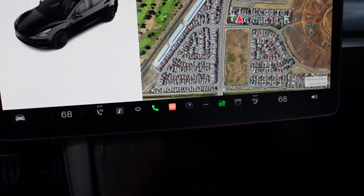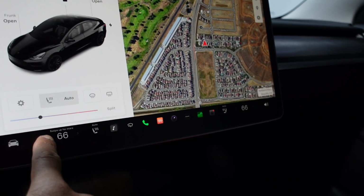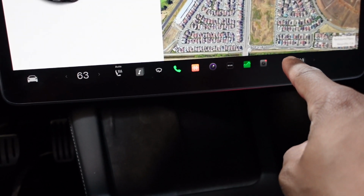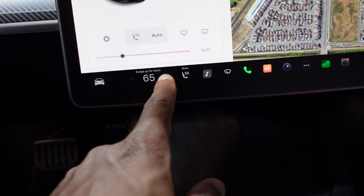Switches over. Sometimes once I switch to AC, there we go. So I'm on AC mode. It only does the driver's seat. That's mainly to